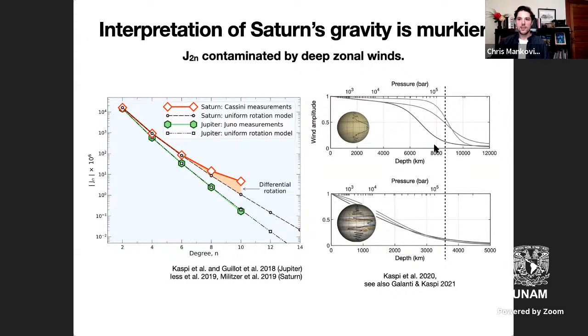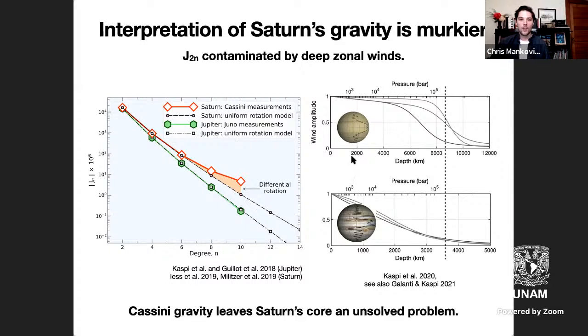But because these planets have different masses, that really corresponds to different depths in the planet. In Jupiter, this extends to something like 3,500 kilometers, very roughly. And in Saturn, these winds penetrate to maybe 9,000 kilometers. When you account for the fact that Saturn is only a third the mass of Jupiter, you realize that these differential flows are actually influencing a significant fraction of Saturn's mass. This is part of the reason that these gravity harmonics are influenced largely by that differential rotation.